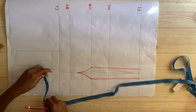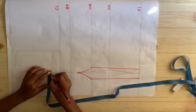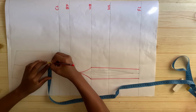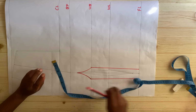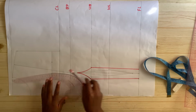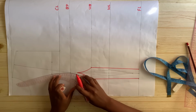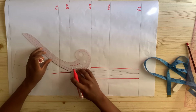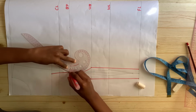I'm going to come to this chest line here, this upper chest line. Then I'm going to be giving one of that 3 that I have to the part that is the center front. Then I'll be giving 2 to the part that is the side front. Guys, I hope you understand that. You can see when you measure what I have now, it is 2 inches. So one of the 2 inches divided into 3 goes to the parts coming to the middle and 2 to the parts going outside. Now you are going to connect it to meet the bust point. So guys, you're just going to do this. Just look very well so that you understand what I'm doing here. So just connect it to meet the bust point,